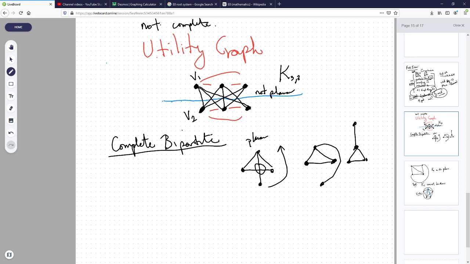Anyway, what else should I say? So yeah, I want to say that K33, this thing, is not planar. It's a challenge. What you should do is play around with it until you convince yourself there's really no way to do it. Because if you start trying to do the loop-de-loop tricks, right? So let's draw some of this stuff. So we get like this, this, and we'll get this and this. And then after that,